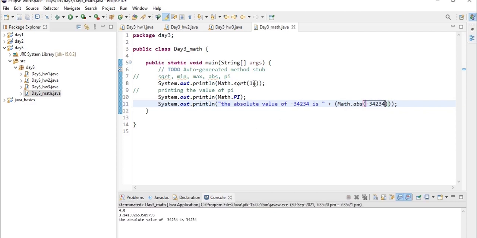So first the square root of 16 is being printed, that is 4, and pi's value is being printed, that is 3.14, and the absolute value of minus 34,234 is plus 34,234. So the abs method returns the absolute value of a number, that is the positive value of a number. So let's write it here.